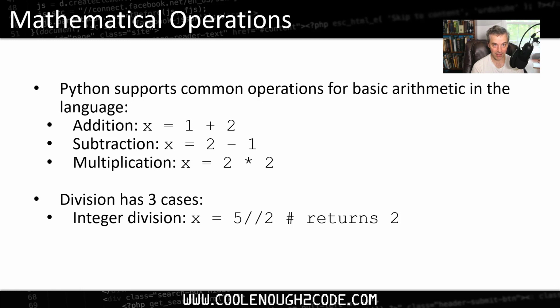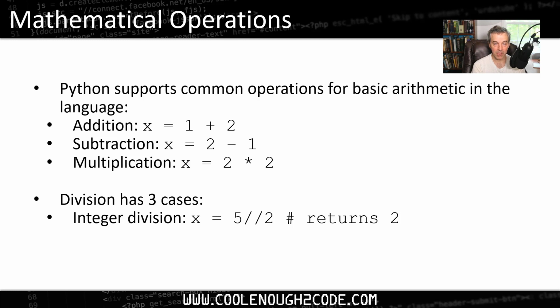If I do it in positive numbers like I have here, 5 divided by 2, I'm going to get back 2. So that can be a little bit confusing for folks, but it basically is just shifting to a lower number on the number line, and -3 is lower than -2. So that's something to keep in mind whenever you're doing division, integer division, particularly with Python or any other language